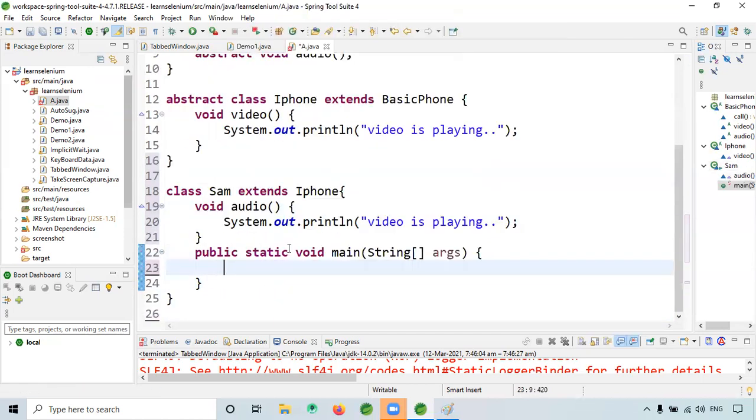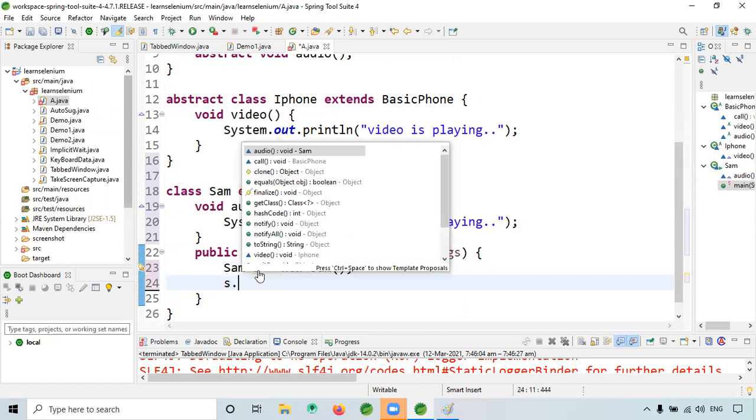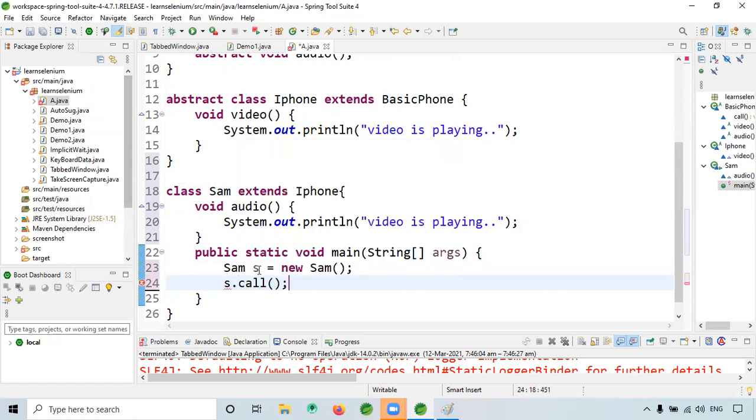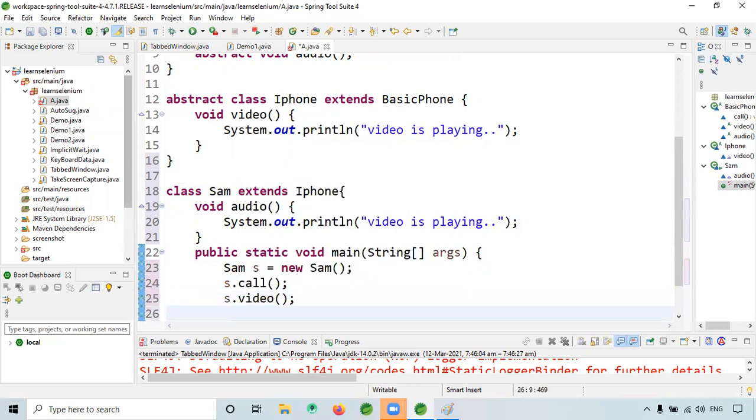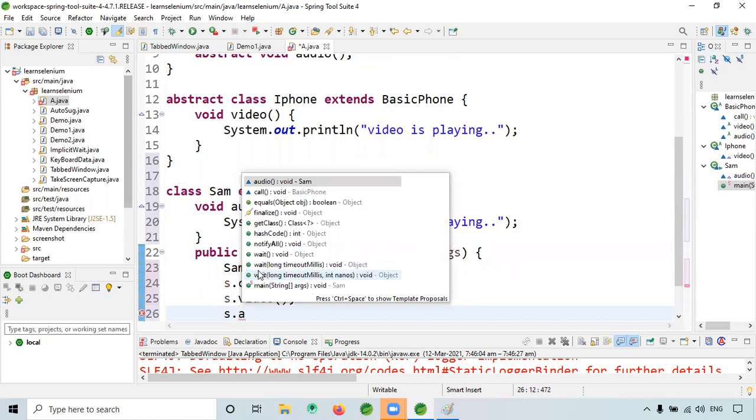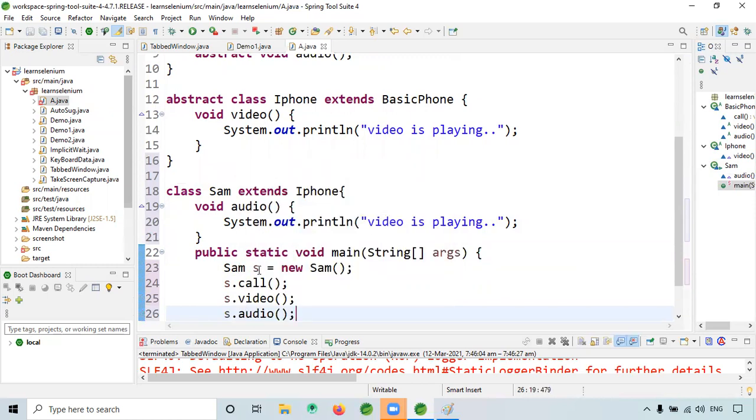Now you create the object of Samsung, and now I can call all the methods here. I understood now why the error was throwing. s dot call, s dot video, s dot audio. When I run this program,